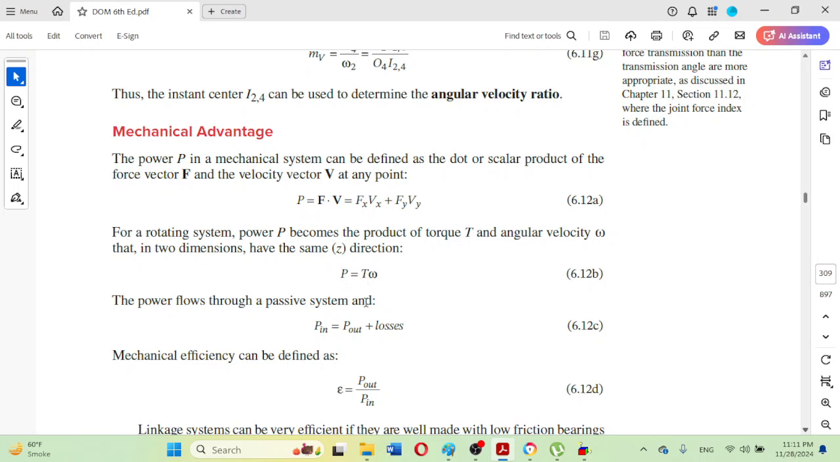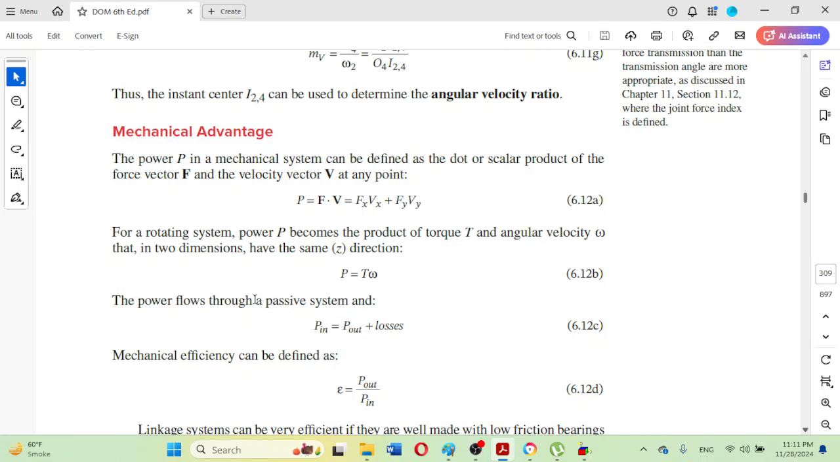So in this way, dot has not been used. So that was simply an interesting fact. Now go to the next equation, that power flows through a passive system, and as we can